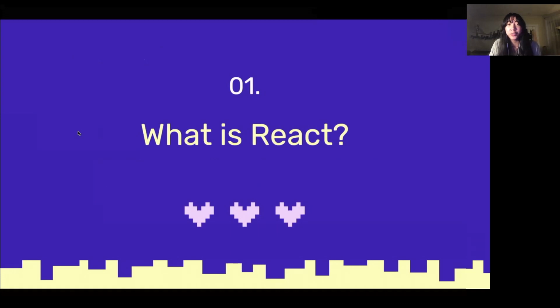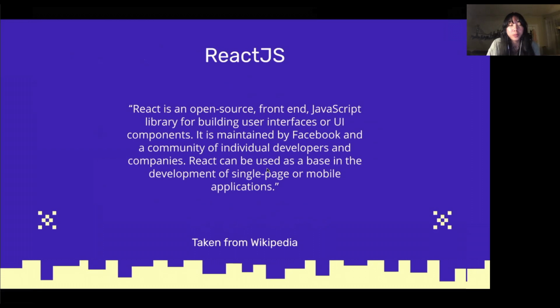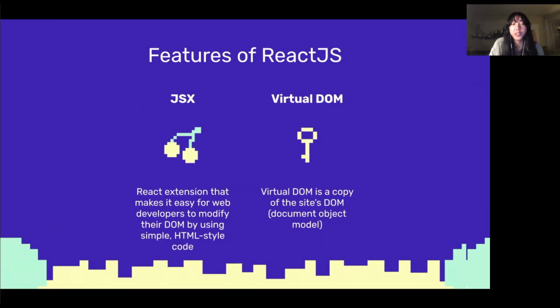So let's get into what is React. React is an open source JavaScript library maintained by Facebook and a community of individuals and companies alike. JavaScript is what makes elements on a website move and update when you're interacting with it. As apps get more complicated, recoding JavaScript gets more and more time consuming. So React comes with 2 appealing features, the JSX extension and the virtual DOM. We'll get into exactly what these are right now.